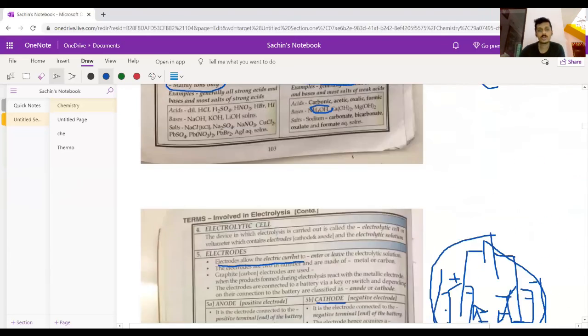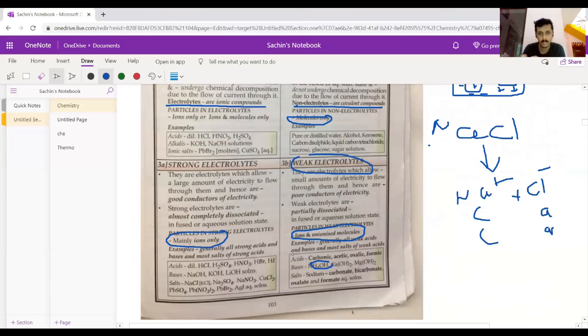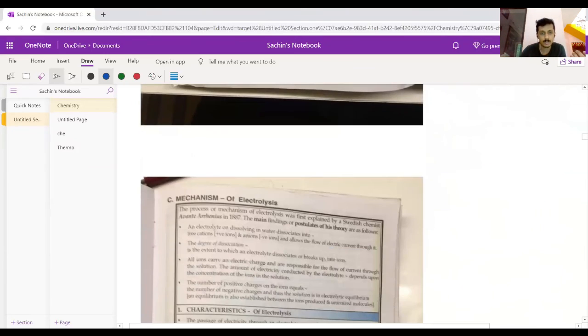So this is all about types of electrodes, types of electrolytes, and also how the process happens, where the ions will move, and how the reaction happens. From the next class, we'll see the postulates of this theory, which we call Arrhenius theory, and we'll see examples of different kinds of electrolytic processes. We'll also see a term called the electrochemical series. Thank you. We'll see you in the next class.